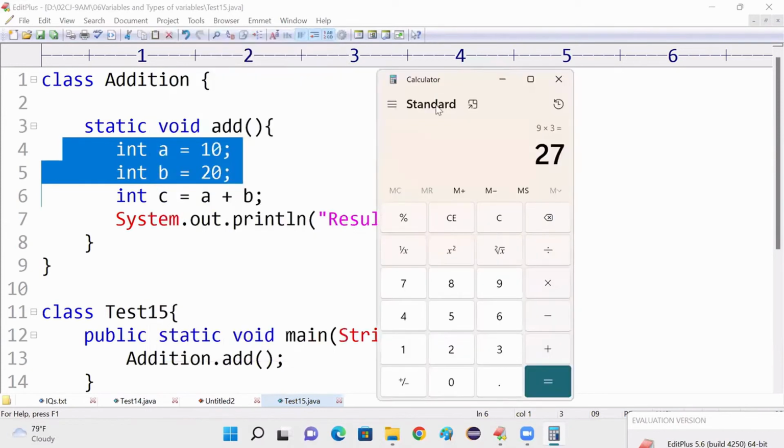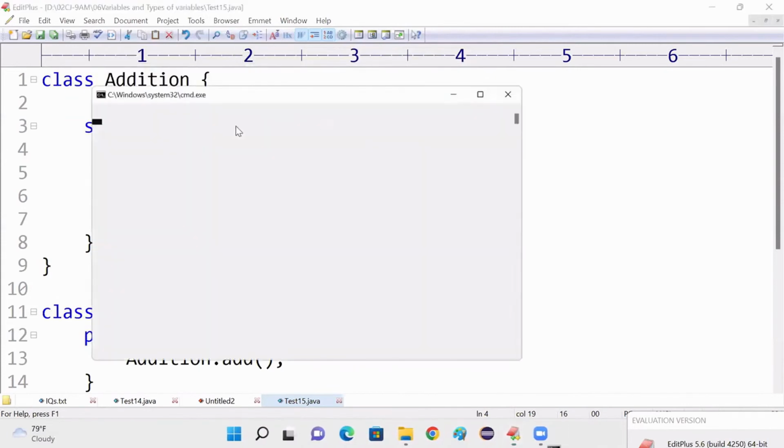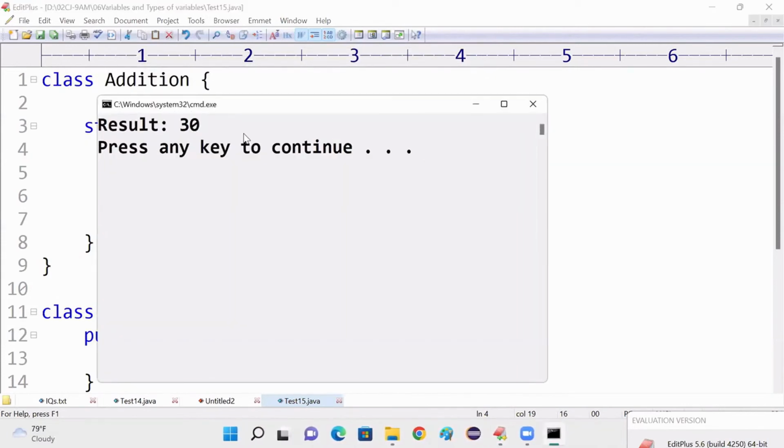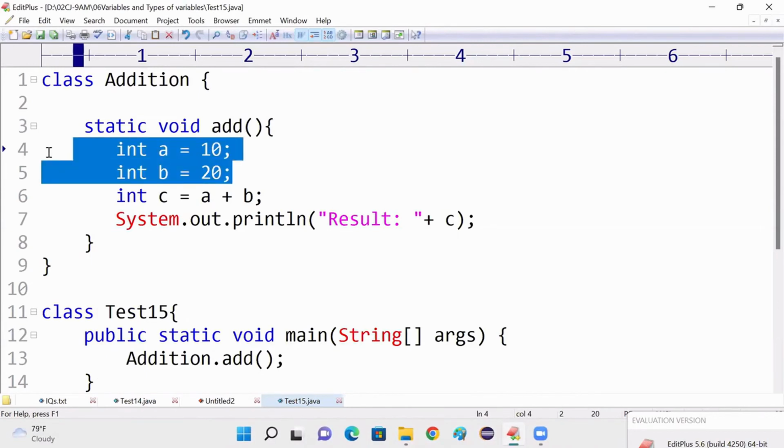What is the difference between this calculator and your calculator? Your calculator is always adding two numbers, 10, 20, 10, 20, 10, 20. Understand the problem? Tell me. You want to always add 10, 20 only? What do you want? I must